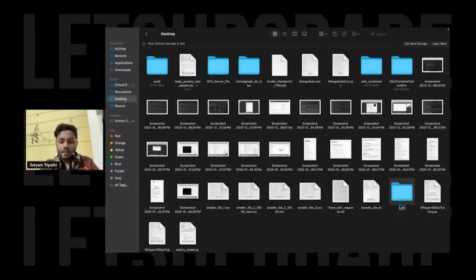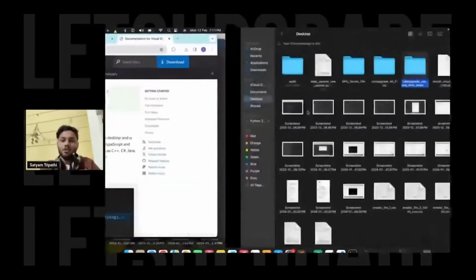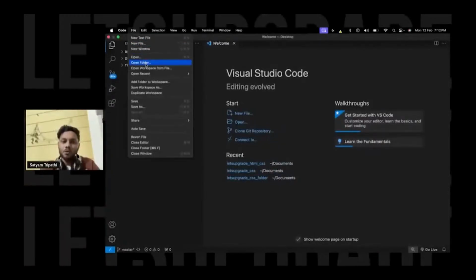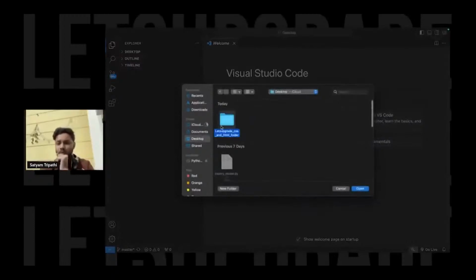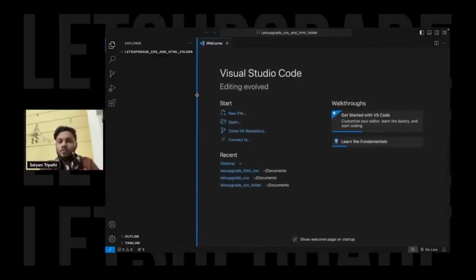Let us just name it upgrade CSS and HTML folder. All right. Now I'll go back over here, click on File, and click on Open Folder. On the desktop, I can see the folder I created today, so I'll simply open it. Okay. So over here, we will create the first file, and I'll name it